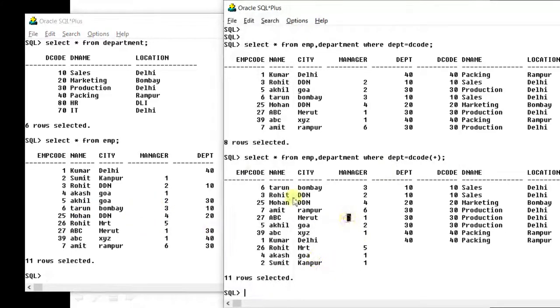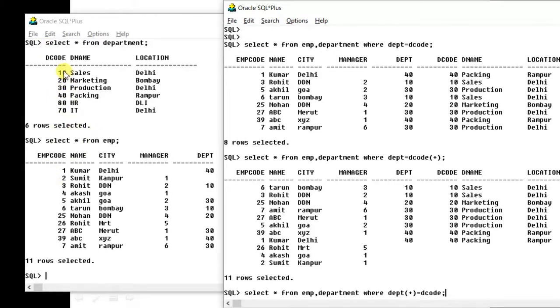Now there is a tricky question. Now suppose if I apply this plus on this side, then what will happen? Now you have to understand it. See, earlier what we were doing, we were joining this table outer to this. So we want matching of all these plus those who are not matched. Now we are applying plus on this. Earlier we had written plus this side, now we have written this side. So what you will assume is, this table will have the outer join.